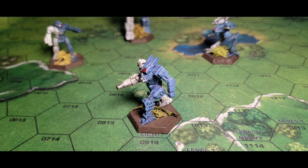The WLF-6S. A Dark Age variant, this Wolfhound carries an ER medium laser in each torso, while the center torso carries a small X-pulse laser to cover the rear. The right arm is equipped with an actuator enhancement system to steady the large re-engineered laser that provides the bulk